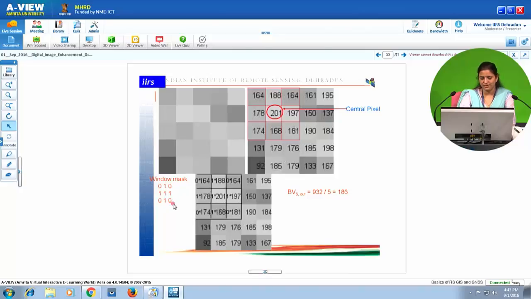So that is 5 in this case. So 932 divided by 5 gives me 186. So from the value 201, the central pixel will now have the value 186.